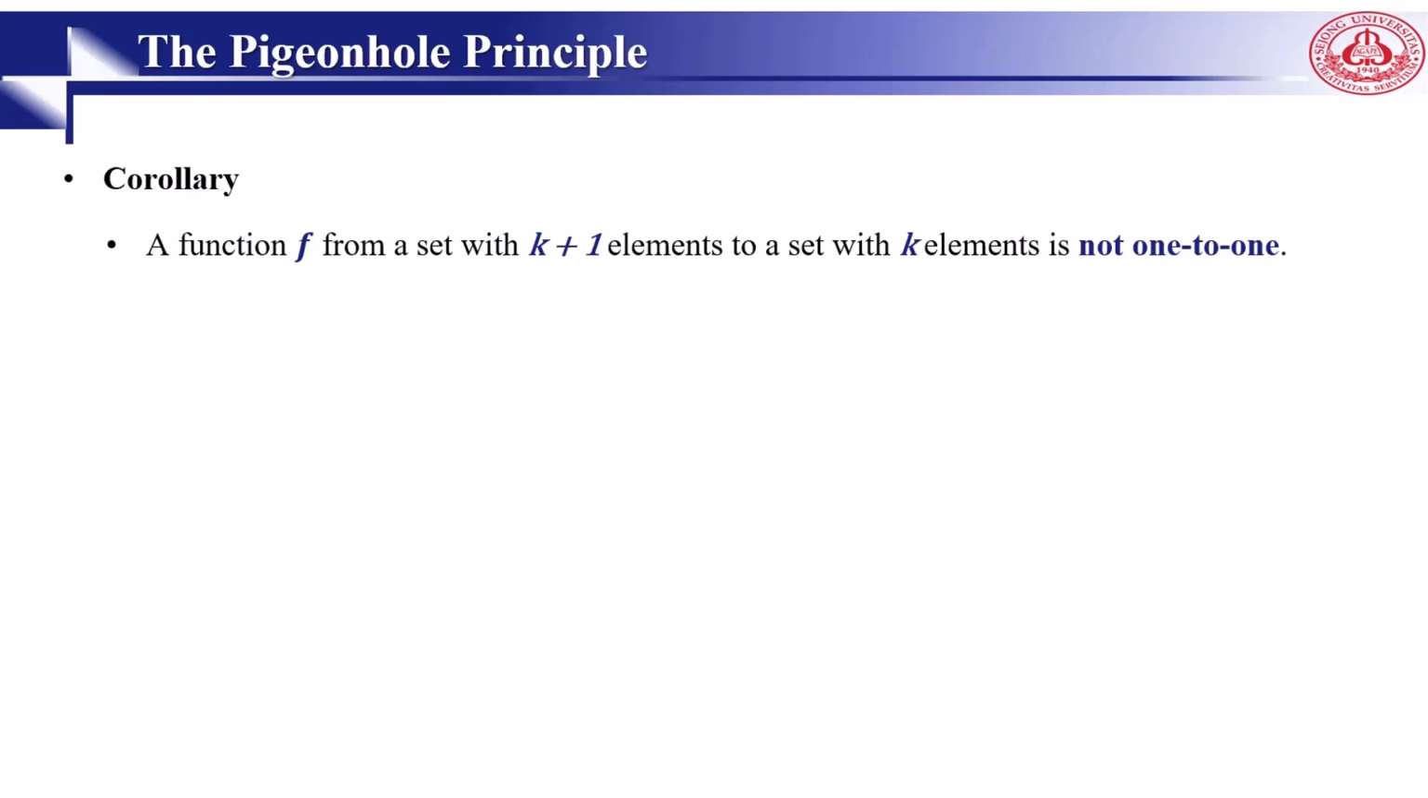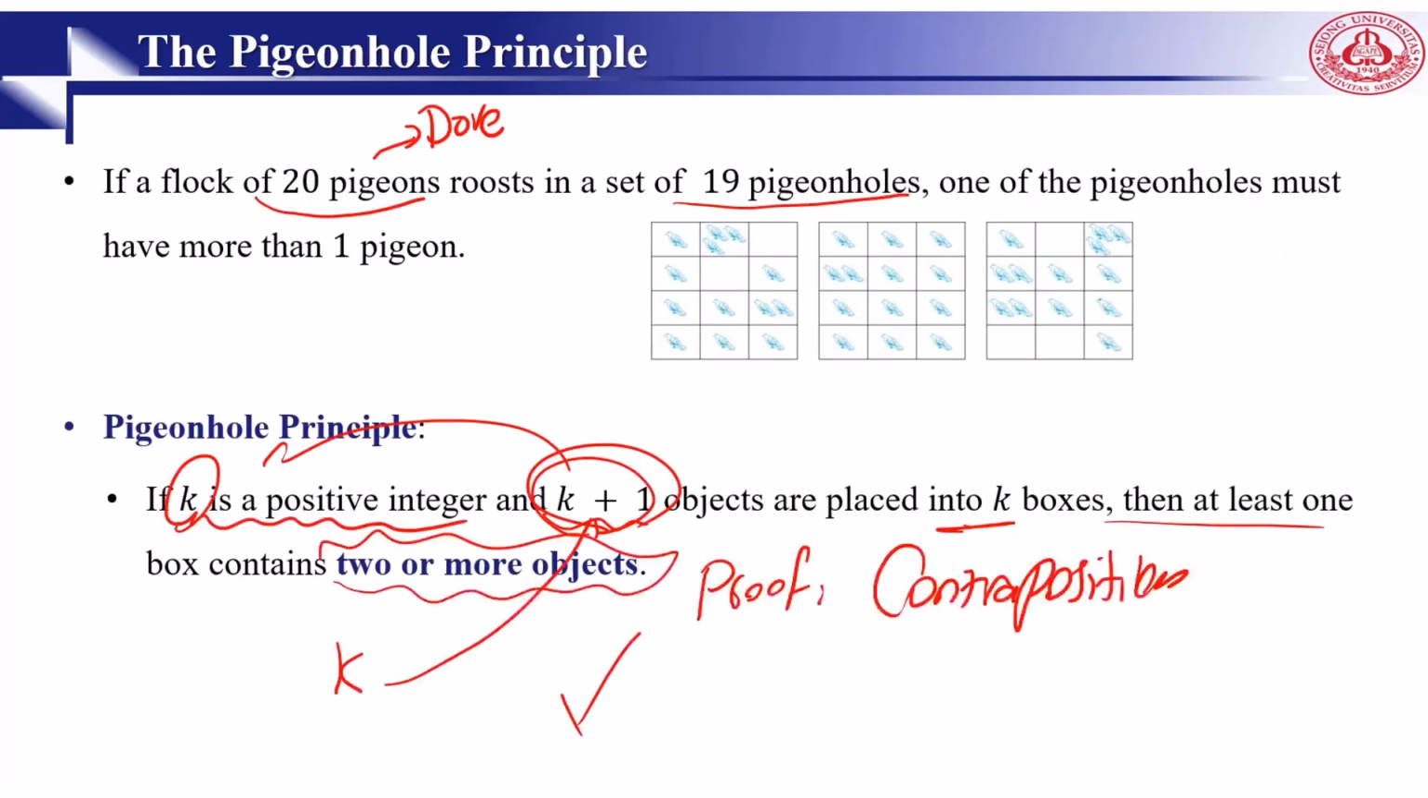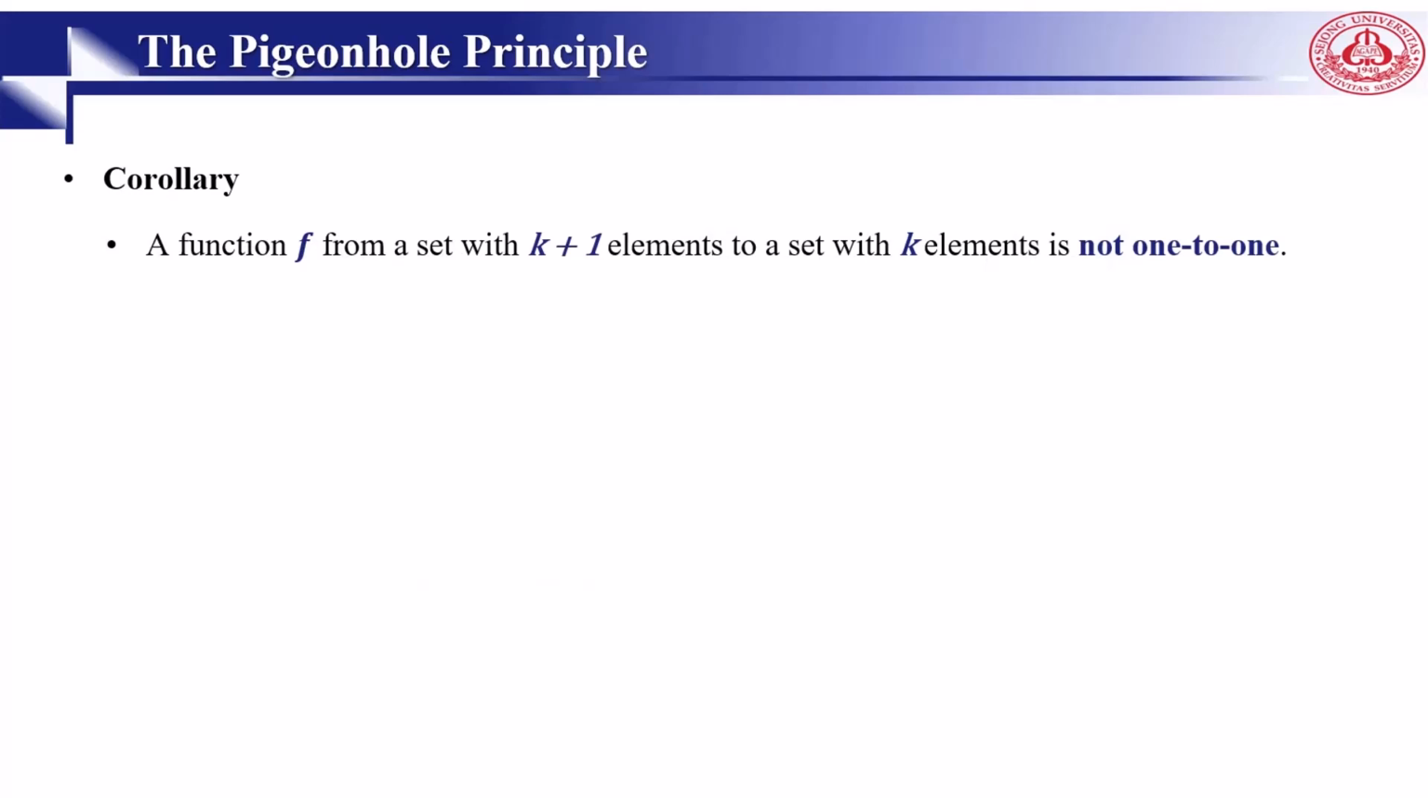So we have a corollary here. What is a corollary? It's a proposition that follows from a theorem. We prove the theorem, then we go for the corollary. It says a function f from a set of k plus 1 elements to a set of k elements is not one-to-one. For proof, based on the pigeonhole principle,